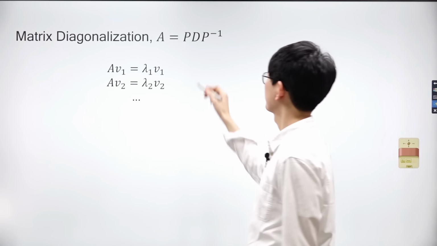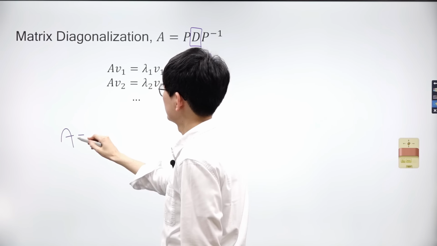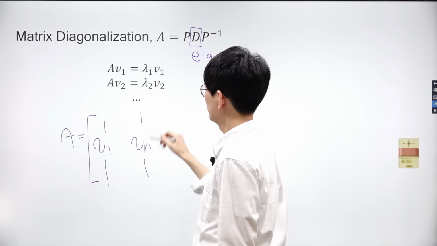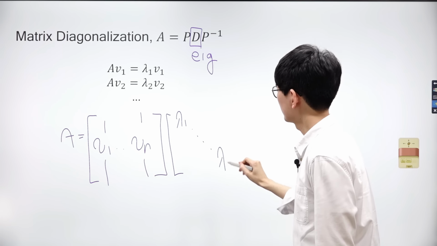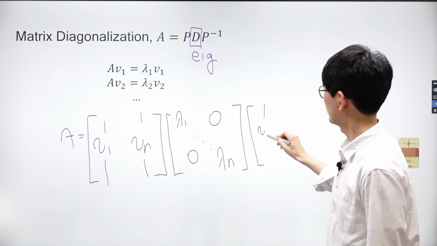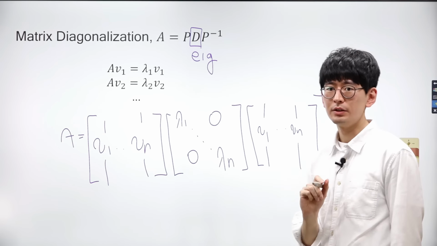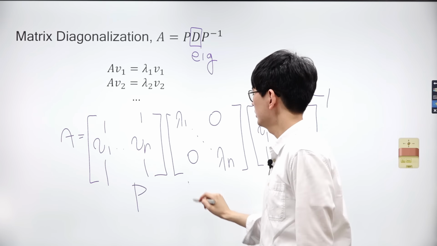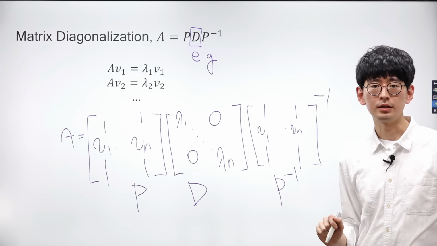Let's explore the meaning of matrix diagonalization. Matrix D in the equation only holds information of eigenvalues. Matrix A can be represented as a product of three matrices. The first matrix is composed of eigenvectors of the matrix. The second matrix holds the eigenvalues as its diagonal entries. And lastly, the third matrix is the inverse of a matrix composed of eigenvectors. We can decompose matrix A into the three parts. Earlier, we labeled each matrix as P, D, and the inverse of P. Matrix diagonalization is the process of decomposition of a matrix.